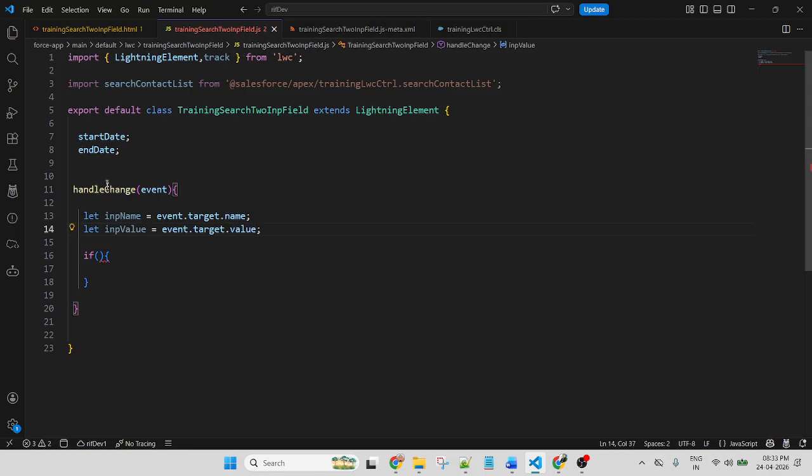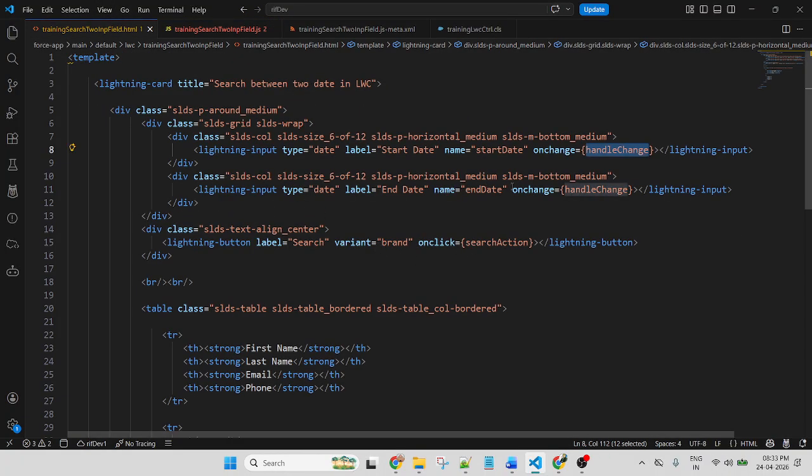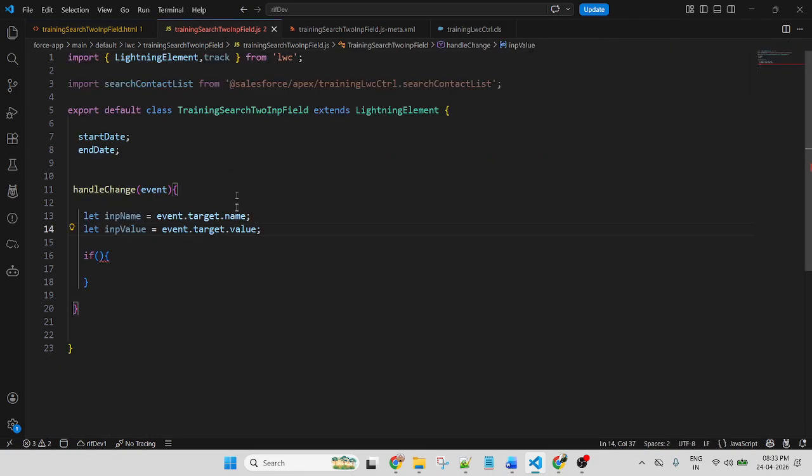So what will it return? Event target dot name will return the name of the input field, this one, and target dot value will return the input field value that I am putting. So first of all, I am getting the name and value.